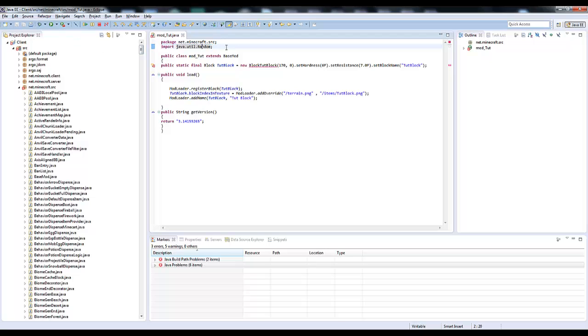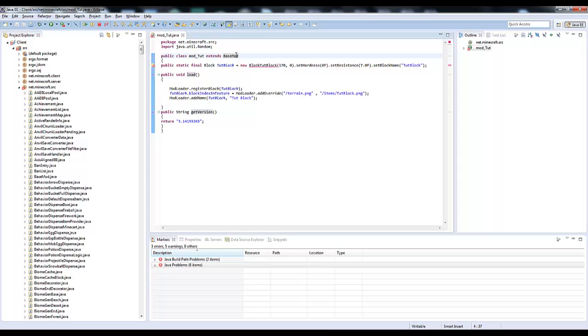Now if something's got a red line and it's got import over it, you have to import it, and random means that it imports the Java code that makes blocks or other things randomly spawn in. So you need to have the import there. You need to have the java.util.Random import, and the next thing is your public class, which is mod tut, which is saying what the class is,